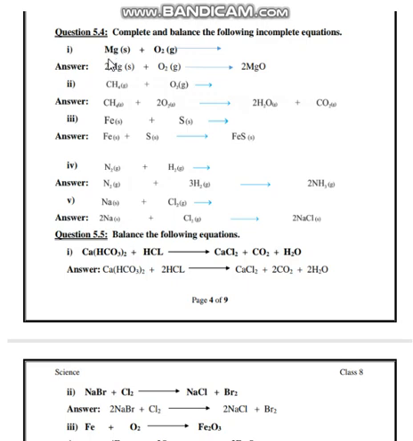So we have to balance it, and then we add coefficients, that is, multiples like 2, 4, 5, 6 and such integers. First of all we start from 2, and when we add the coefficient 2, then there will be 2 magnesium atoms in the reactant, and in the product also 2 magnesium atoms are formed. So it means the oxygen is already balanced and we have balanced the magnesium, so this reaction is balanced.